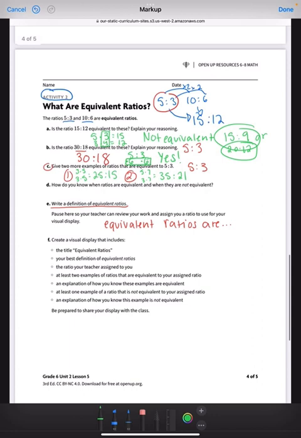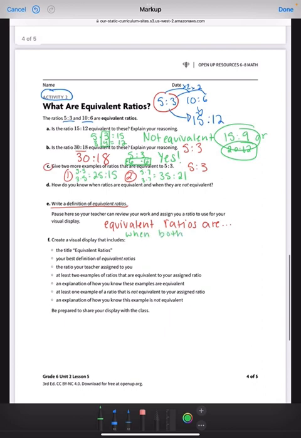Moving down to E, equivalent ratios are, this kind of ties in with D, which I did not have you do. It says, how do you know when ratios are equivalent and when they're not? Well, in order to come up with a definition, it's going to tie into letter D. So in order to know if something's equivalent or not, they both have to be multiplied by the same number or divided by the same number. So to make it equivalent ratios, we have to do that. If they're not equivalent, they're not going to be multiplied by the same thing. So I would say equivalent ratios are when